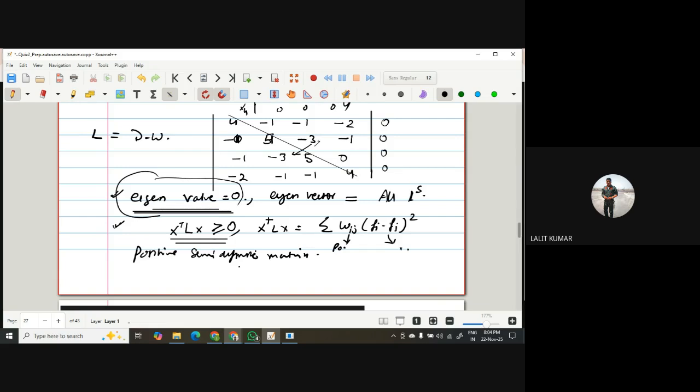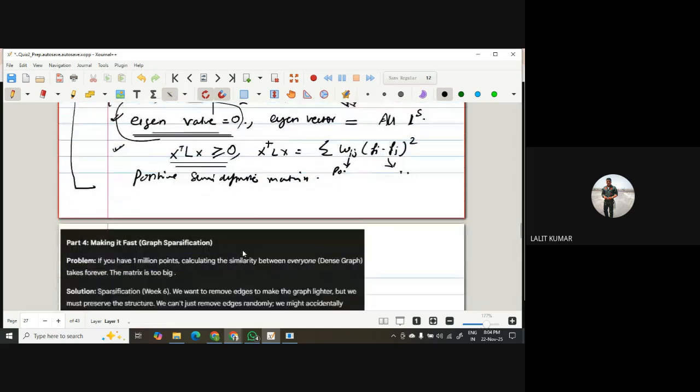So these are the properties of the Laplacian. And when you find the eigenvalues for this Laplacian, we know that one eigenvalue is 0. So the next smallest eigenvalue will correspond to the mapping of these data points to your linear space, and we can carry out KNN on that. So these are the properties.